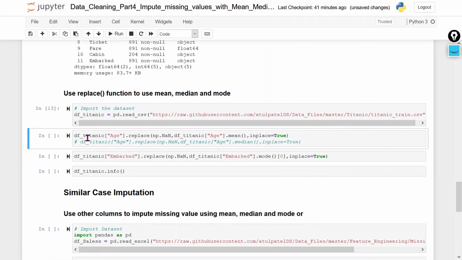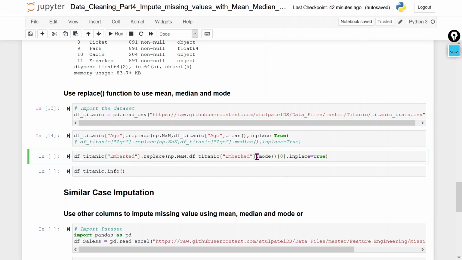Same, we are going to replace the null values in age column, where we are going to use the replace function, where we are going to replace the nan value with mean of the age column, or we can also use the median. It depends on you. And same thing here we are going to use the mode.